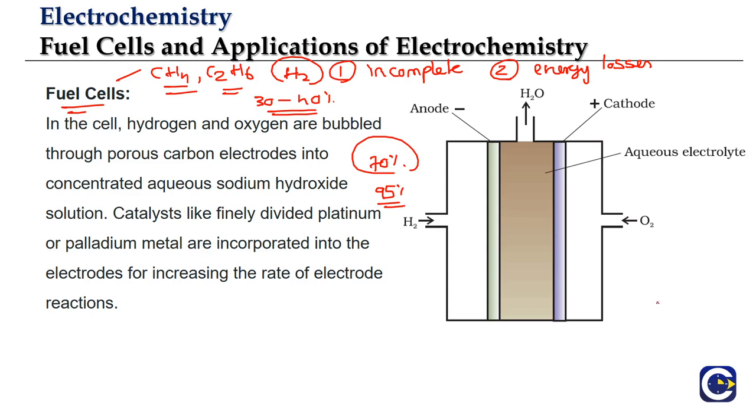So what is the concept of a fuel cell? If you look at any combustion reaction, what happens? We have a fuel and it reacts with oxygen, and for the combustion of hydrocarbons, the products are CO2 and H2O. The O2 is basically converting into oxide ions, which means there is a reduction happening, and the fuel part undergoes oxidation.